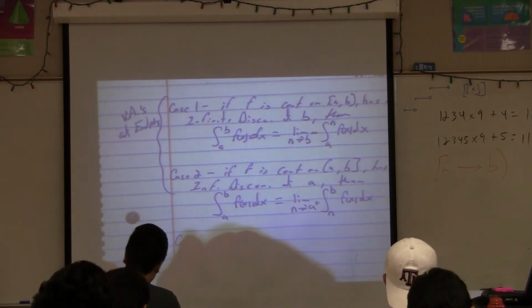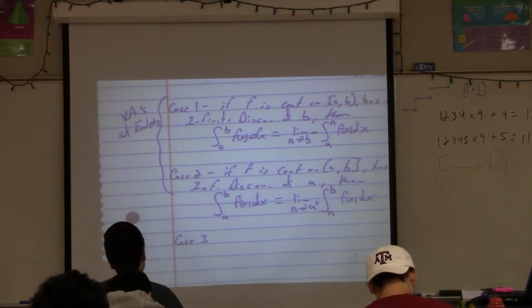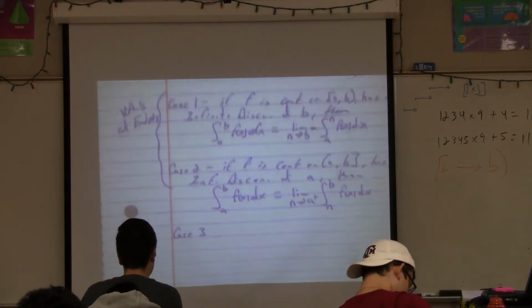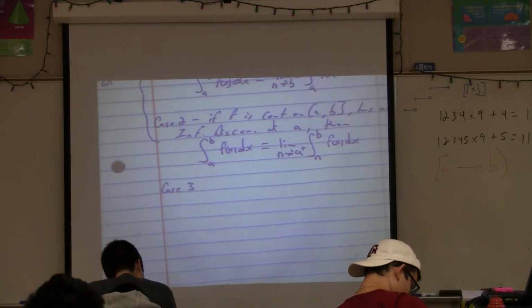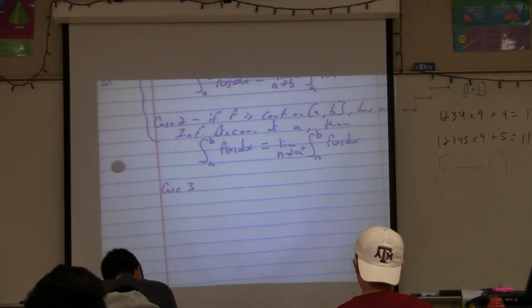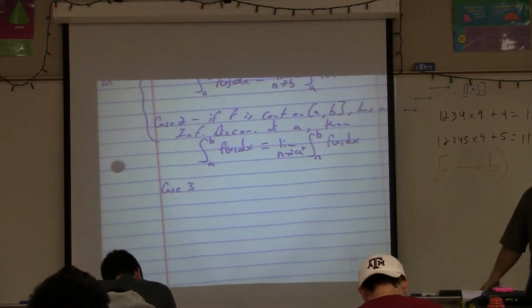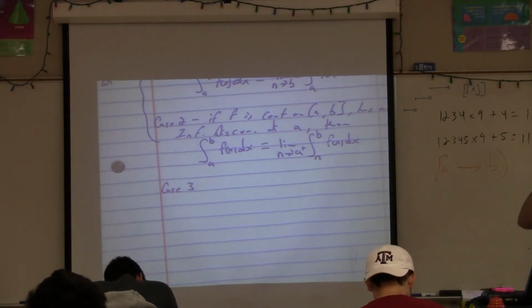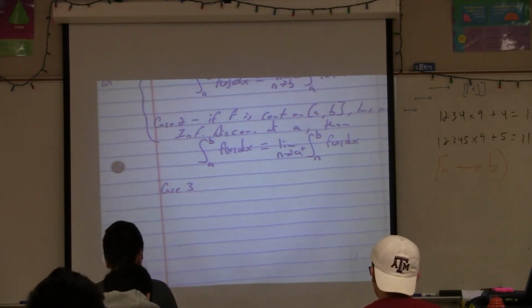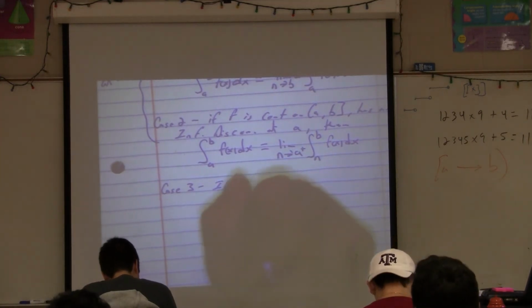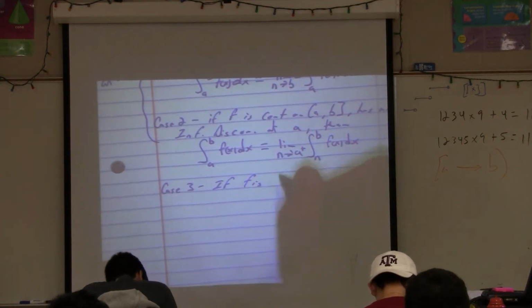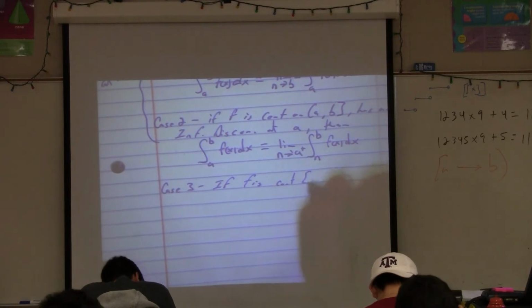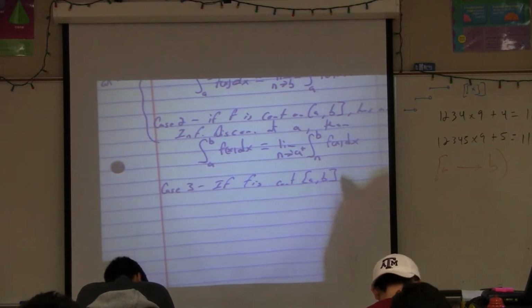Alright, now let's look at the third case. Case 3. So the third case is the one that we said earlier, right? We have an asymptote at an endpoint, or we could have an asymptote in the middle. Somewhere in between A and B, right? It doesn't have to be in the middle, but it could be in between here, right? Cool? So what if f is continuous from A to B,